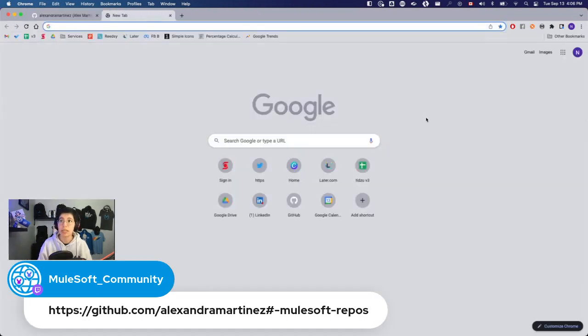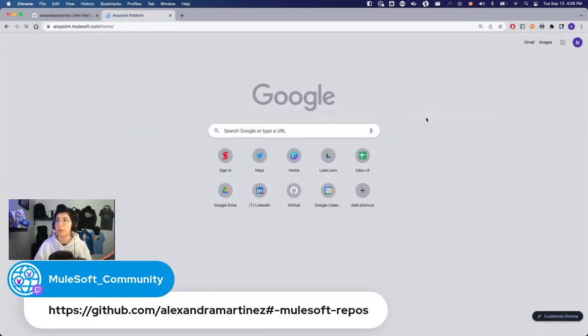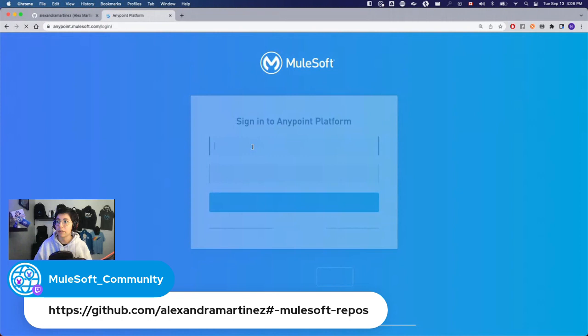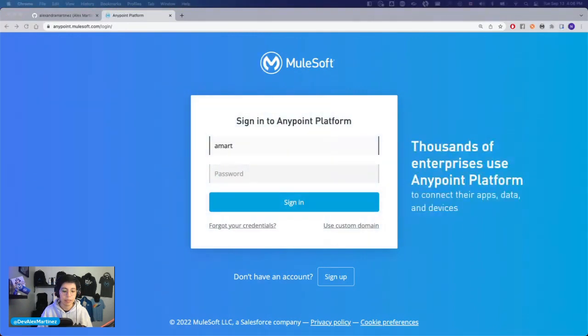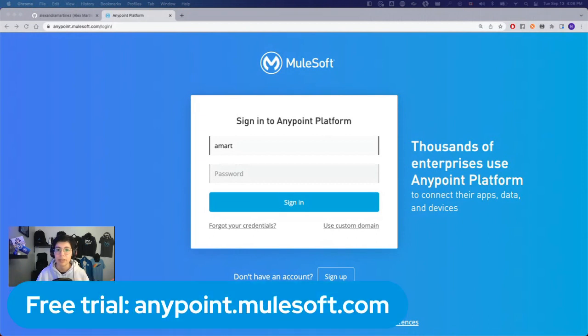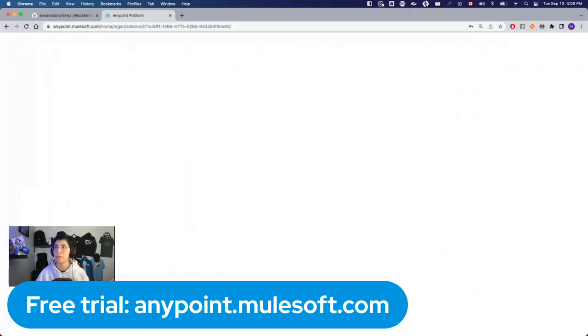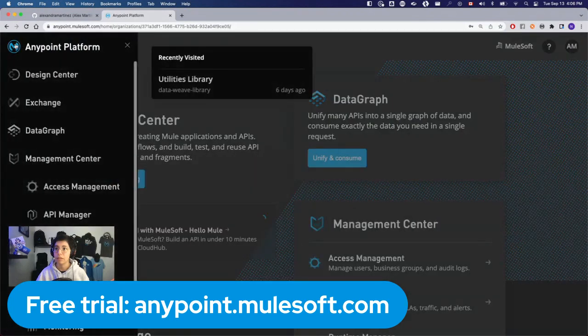Now, how does that look? anypoint.mulesoft.com, and then, I keep forgetting that I freeze sometimes. All right, anyway. You can create a free trial at anypoint.mulesoft.com. Yes. All right. So if I go to